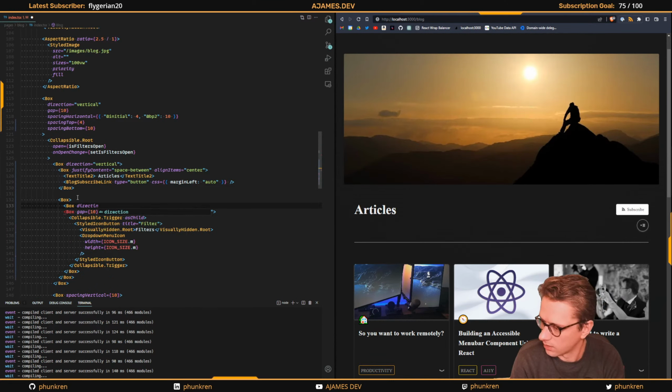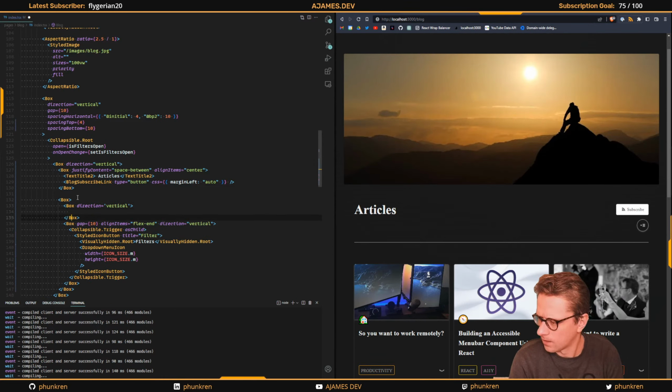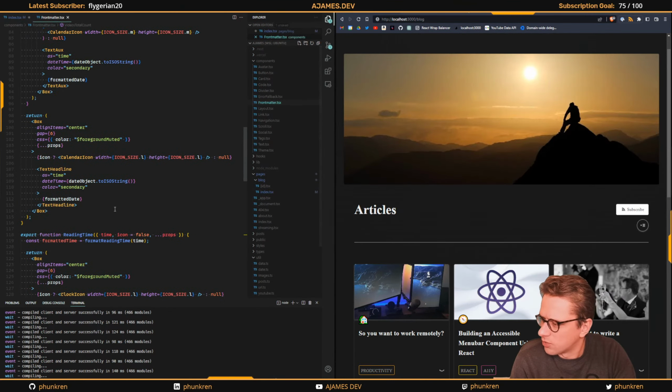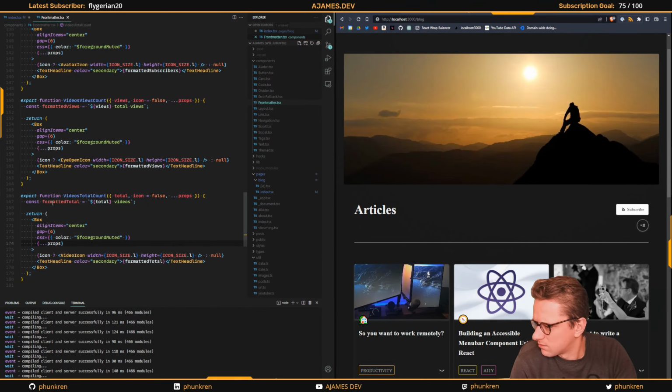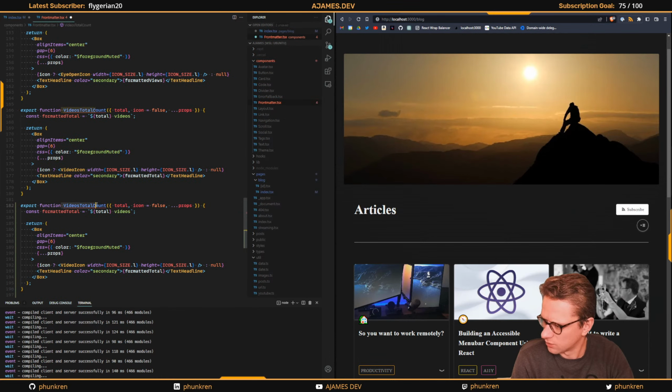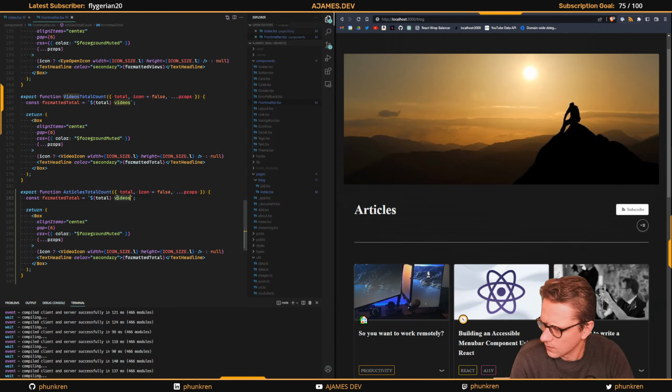So we'll do a direction of vertical. And we'll do some front matter. Annoyingly, these really shouldn't be in this component file because they're one-time use, but I've kind of got them all here. So let's just copy this and do articles total count. So get the total, whether or not it wants to give an icon. We'll say total number of articles,